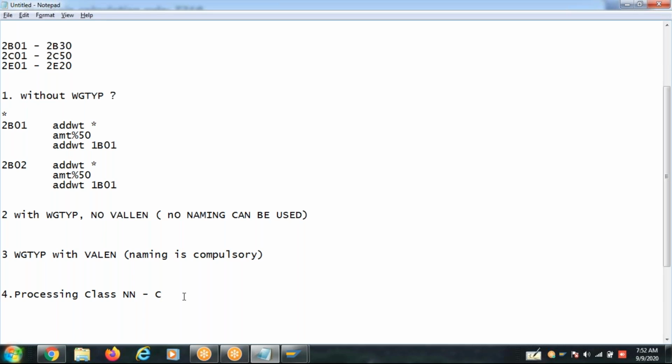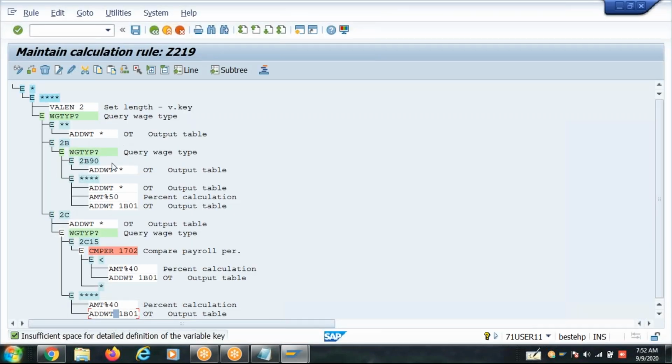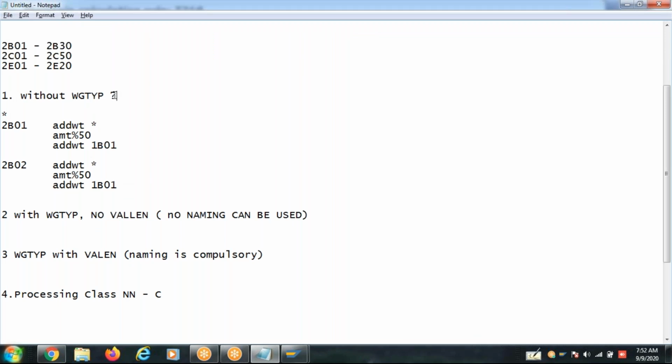Okay, what is the purpose of the processing class? Take this first case. You are applying the same set of operations on the 30 wave steps, 2B01 to 2B30.